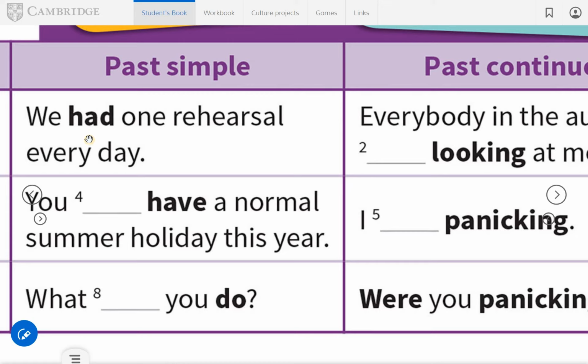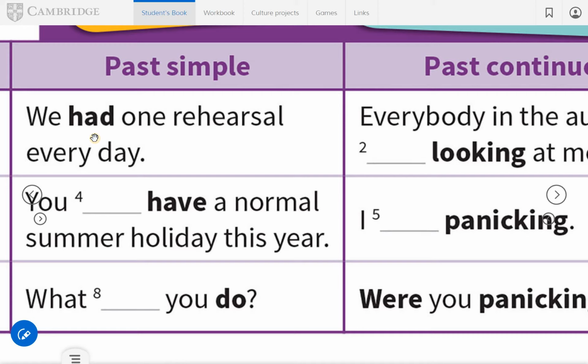Okay, regarding the positive sentences in past simple, we use regular verb forms with ed attached at the end, only when it is a positive sentence. If we are talking about irregular verbs, we are using the second form, which is the simple past form in the irregular verbs list. Just pay attention, this part is important. We use the second form of the verbs or ed forms of the verbs only